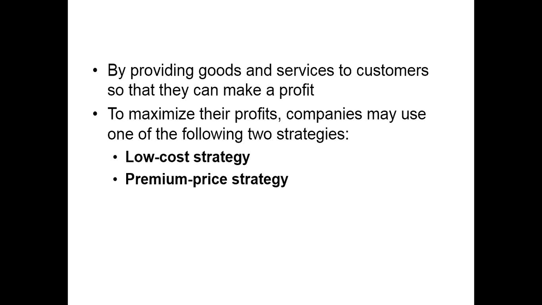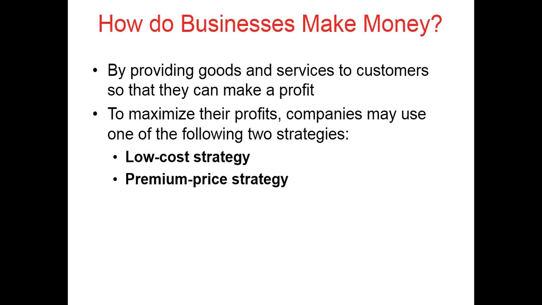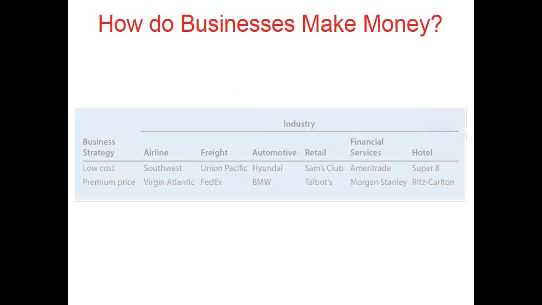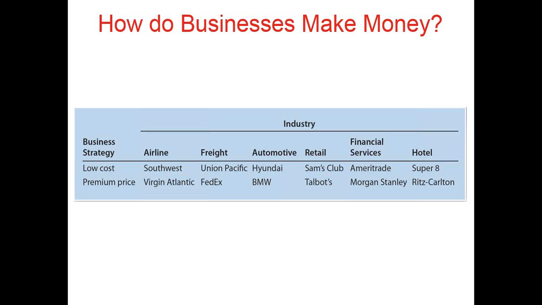What is it the commercial says? It's the ultimate driving machine. So our perception is that it's a great vehicle, so we're willing to pay more money for it. Here's a couple of examples of that low-cost and premium price strategy. Now remember, there are many variations of strategies between low-cost and premium price. This is just an example.